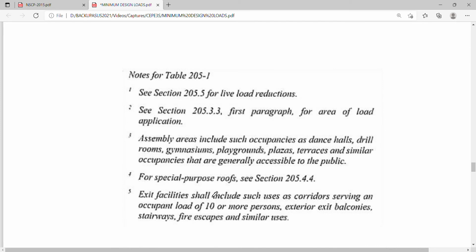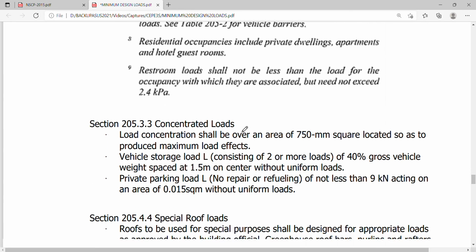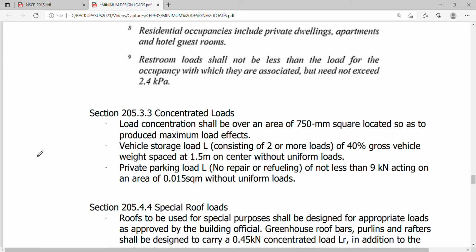So I just like to proceed with my notes here on section 205.3.3 for the area of load application. Okay, so if I may continue,